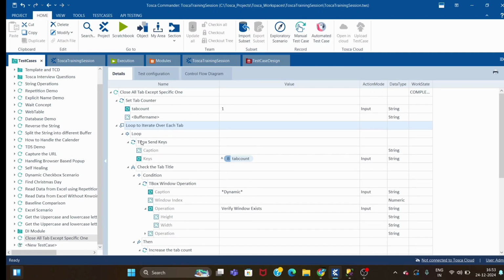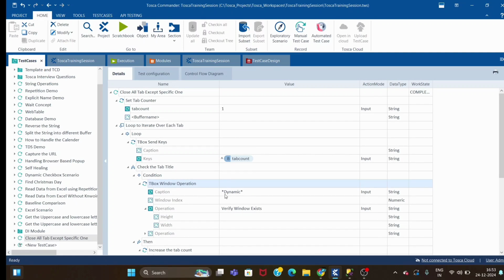Inside the loop I have first used tbox send keys to move the control to the first tab. Then I have used an if condition to check whether the particular tab is the one I was looking for or not. Inside the condition I have used tbox windows operation, which is a standard module,